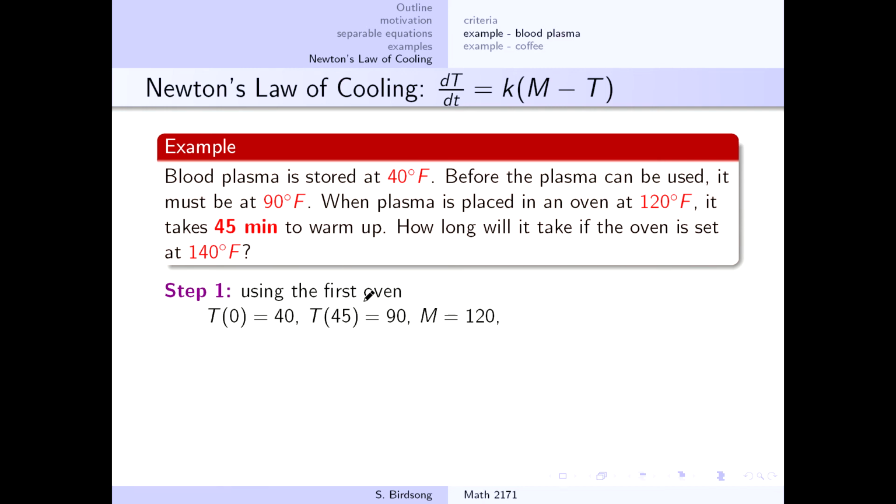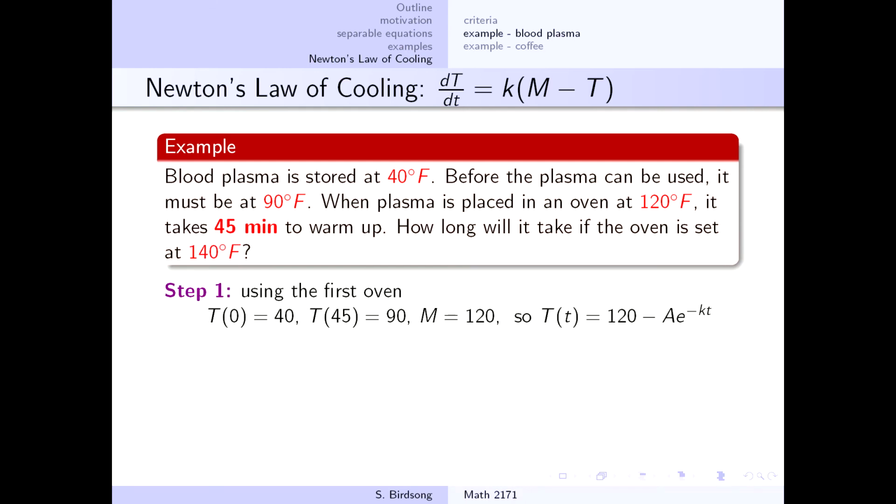45 minutes later, your blood plasma is supposed to be at 90 degrees Fahrenheit, and we know our surrounding temperature here is at 120 degrees Fahrenheit. And I just dropped all the units off here because everything's already consistent in our units. Now, literally just our slide before, we had determined the format for the formula for the solution of a Newton's law of cooling problem. So because we just did those calculations, I'm going to go ahead and plug